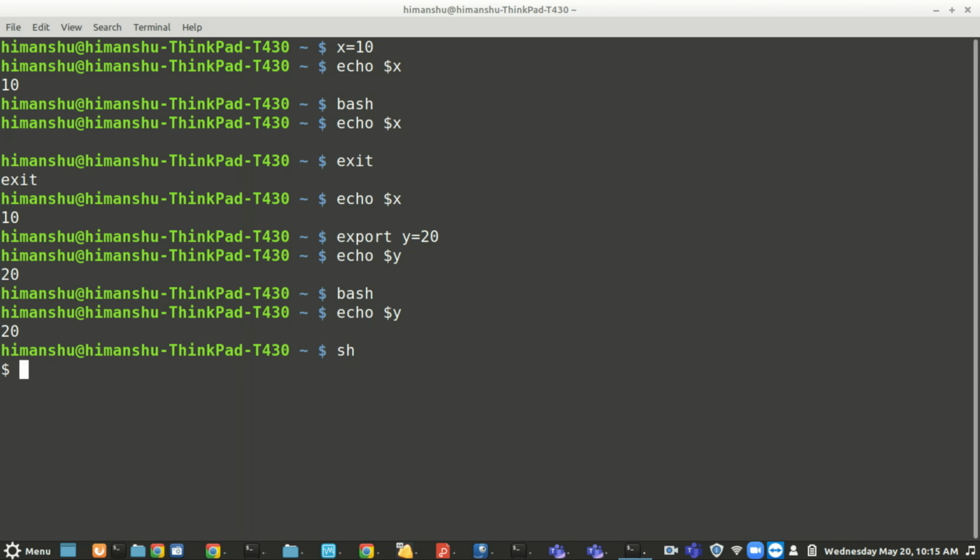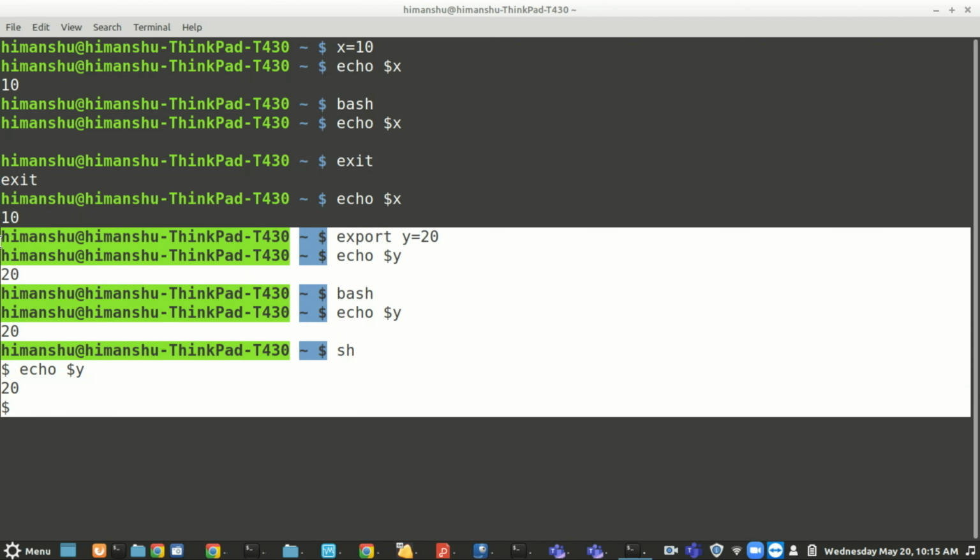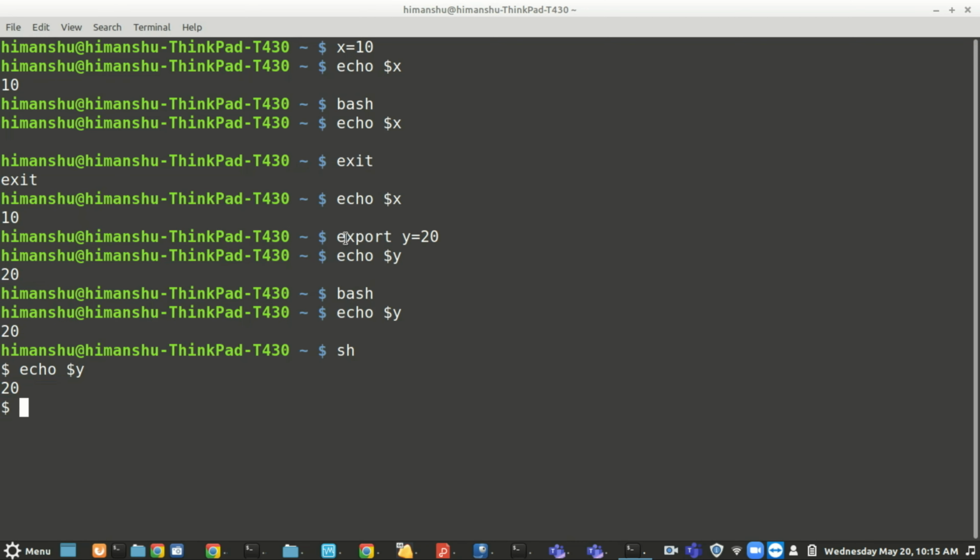Let's say I go to the older version of shell, echo $y, here also it gives me 20. In all the shells wherever I navigate, this global variable will remain true, so when you open a new shell, the same value holds true.